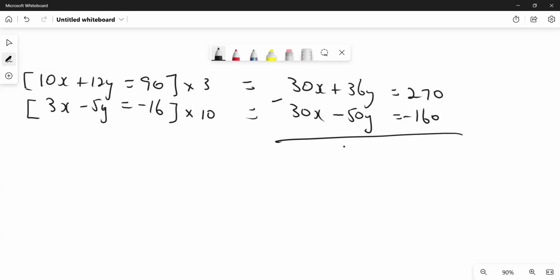So you get 86y equal to 270 minus 160, which will give me 430. Right? Big numbers. You don't like them, but you got to deal with them. What can you do? So this means that y will be equal to 430 over 86, which is,